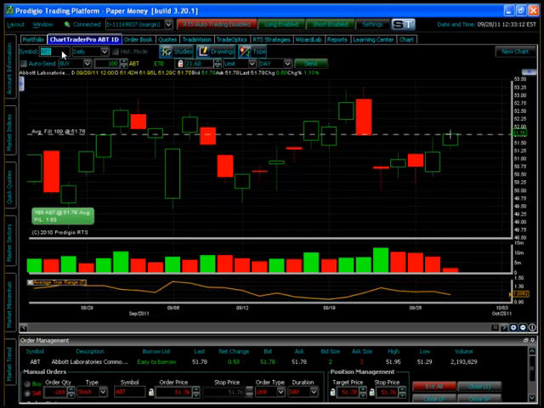Now the top line just talks about the symbol and the interval, right? You can look at minute, daily, etc. This is all kind of standard, but I can change the duration. I can look at 15-minute charts, etc. Historical mode, if you're curious about that, when you run Wizard Lab backtesting, if you want to view a position